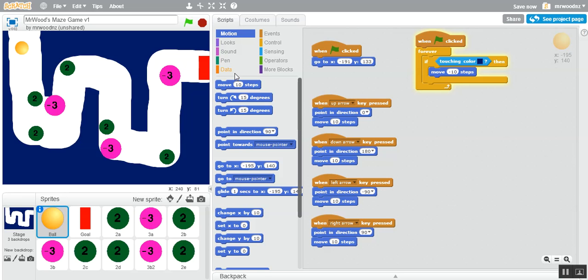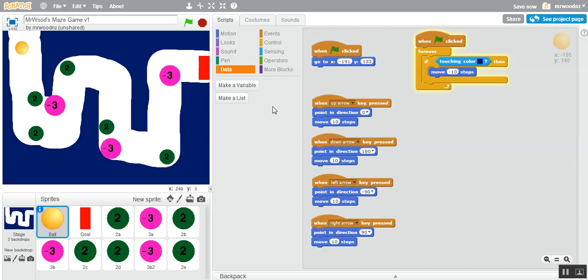Here we go. So the first thing is we need to gather score, which is data information. And here is the data block. Now,